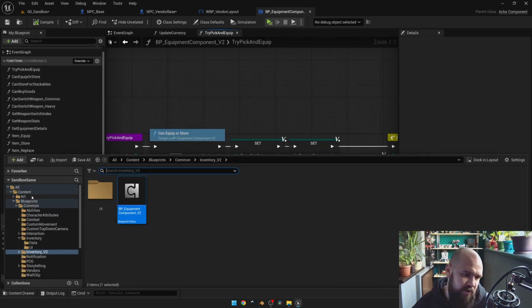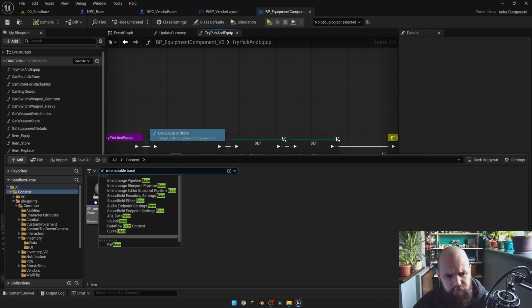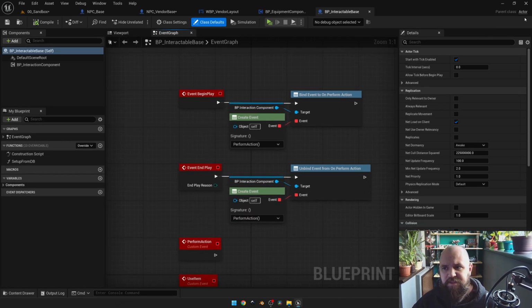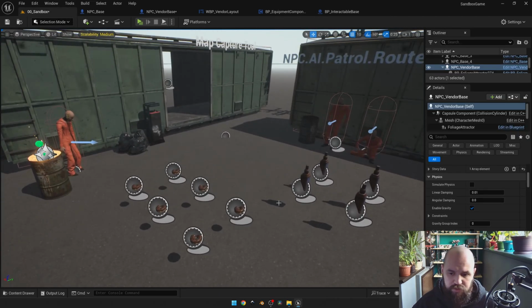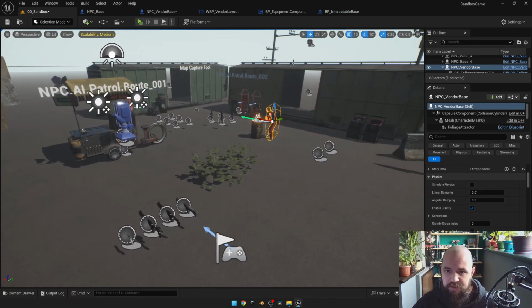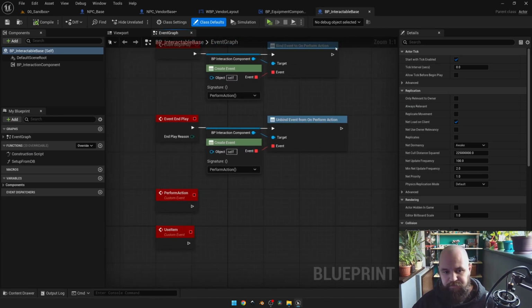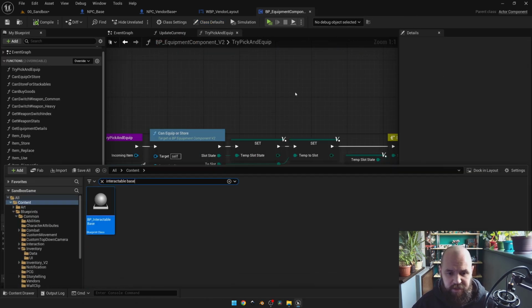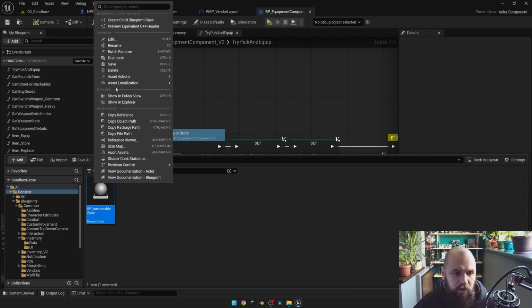Let me show how the interactable base works. It's the parent class for all items that we have here in the scene, like those donuts, those bottles, and the weapon stuff, because they are all derived from this base interactable class. And on perform action, as you can see, it doesn't have anything because, as I said, it's the base class. And for consumables and containers like bags and so on, we have more child classes,